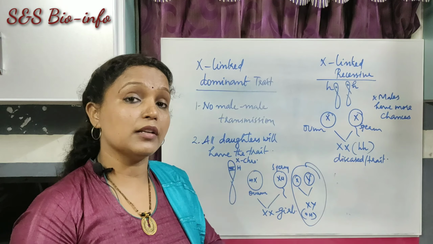Most probably females can act as carriers. Females have two X chromosomes. So if one X chromosome carries a recessive allele, the female does not express the trait or disease. The female acts as a carrier. But if both alleles are present in both sex chromosomes, then only the female expresses that particular trait or disorder. These disorders or traits are rarely found in females, but are mainly found in males, more than in females.